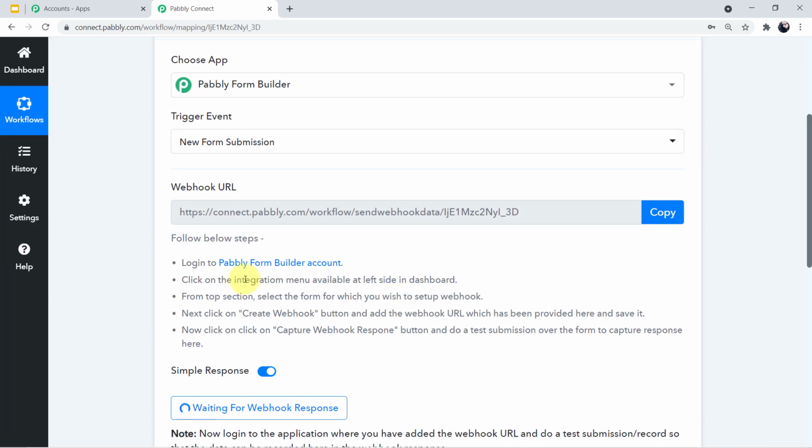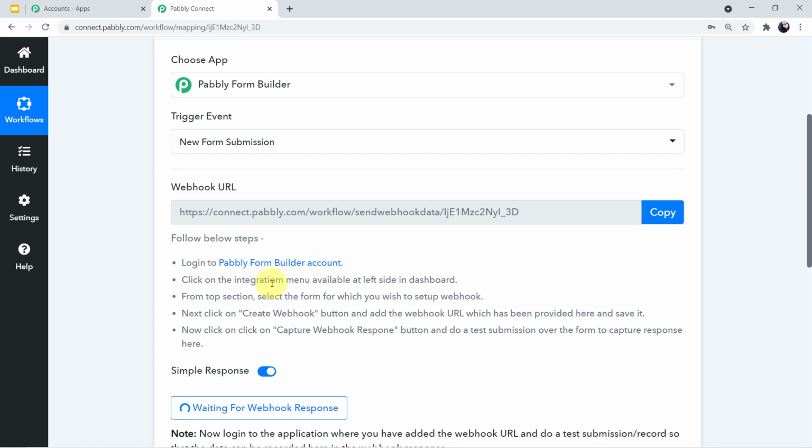But first, read the instructions which are given below, guys. Read the instructions very carefully. Why am I telling you this? Because if you read the instructions carefully, you can create your workflow completely on your own. You need not follow any tutorials. So guys, always read the instructions. Let's read out what is written.